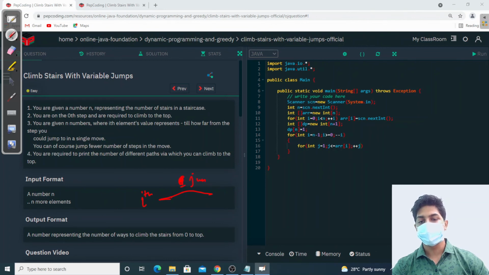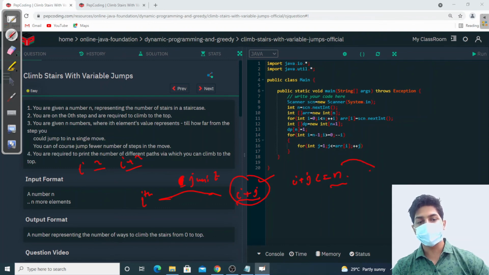If I am on i unit and I take a jump of 1 unit, I will reach i plus 1. If I take a jump of 2 unit, I will reach i plus 2. So if I am on i and I take a jump of j unit, I will reach i plus j. And this jump is useful for me only if i plus j is less than or equal to n, that is our destination point.